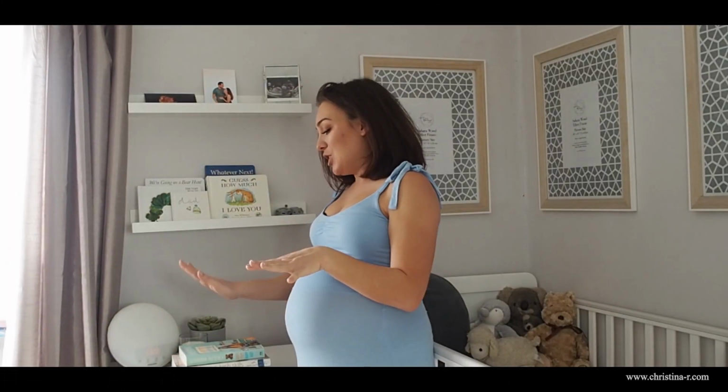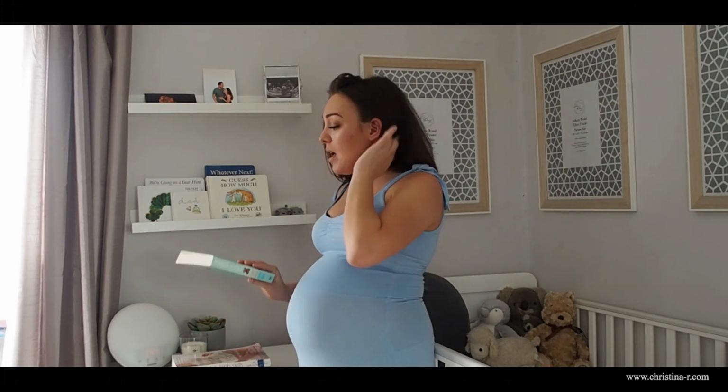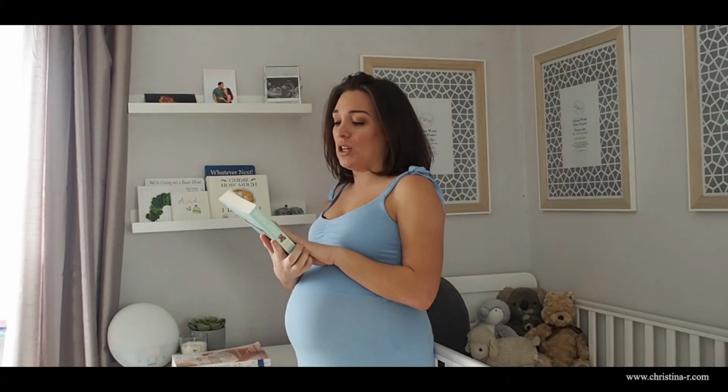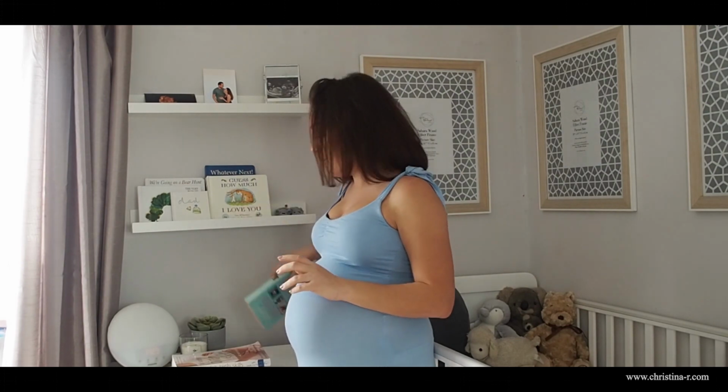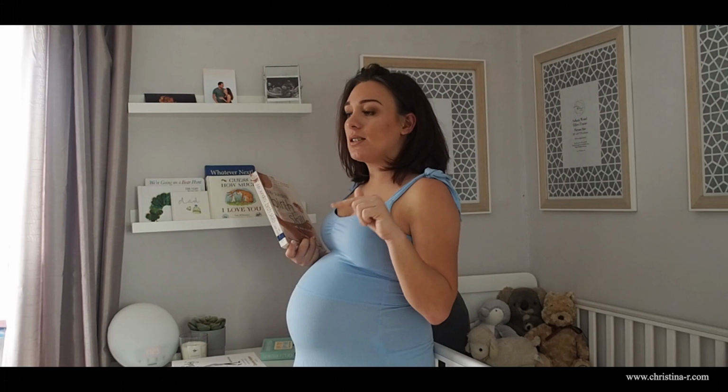These are just because he's in our room. These are just for me, basically. They're my pregnancy books, and it's just really easy for me to grab them when I fancy having a read. So I have my Happy Mum, Happy Baby book by Giovanna Fletcher. This is one that my sister-in-law